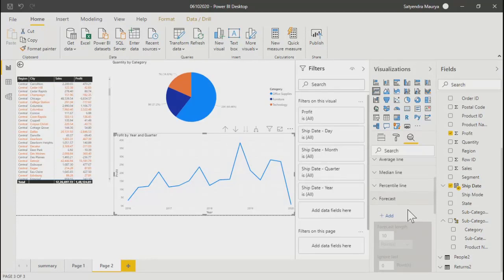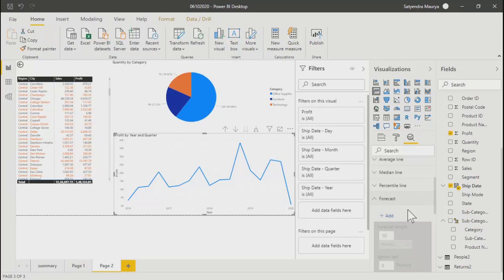Okay, let me just go about it. So forecast, as you said, is basically based on the historical or past trend. We can get the numbers for the future, how your future will look or what number you are going to achieve in future. There are several components also, like seasonality, which come into the picture. But in order to do forecast, you need a minimum of 6 months of data. If you have less than 6 months of data, you cannot do forecasting, or even if you can, the quality will be very low, right?